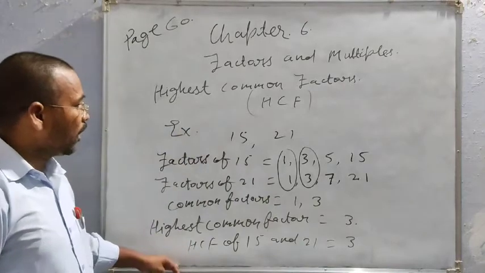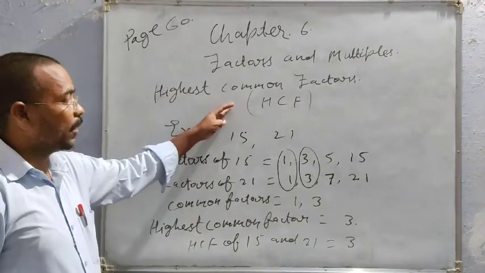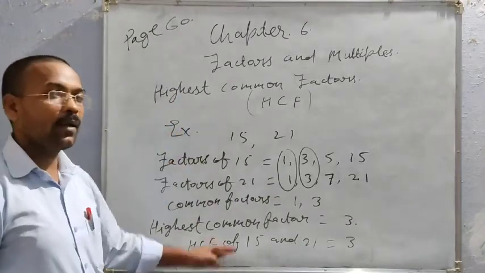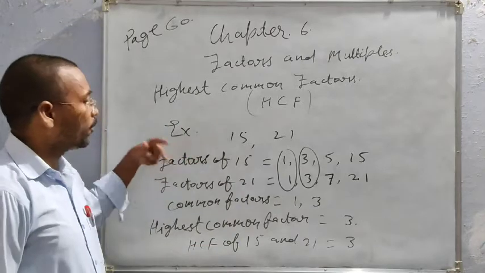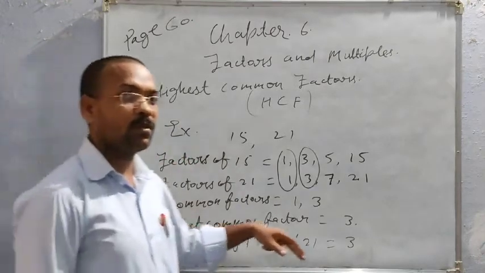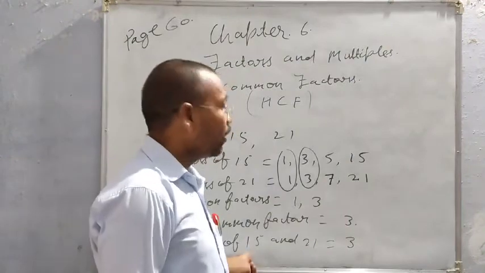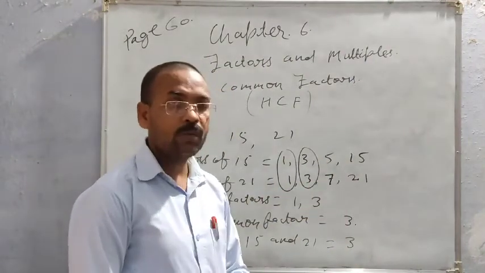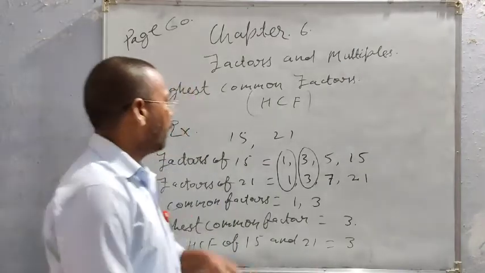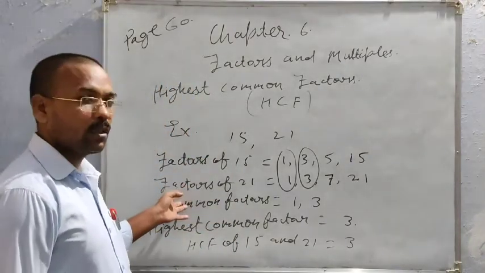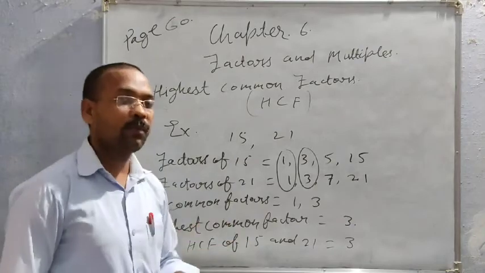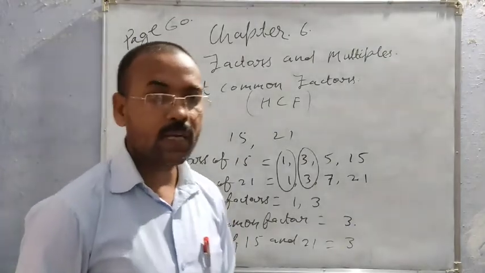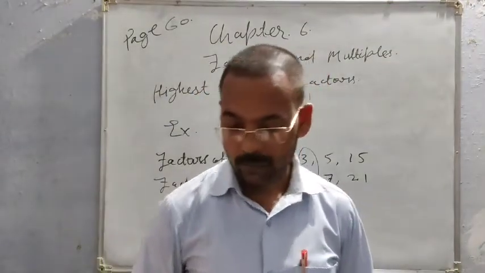Here this method was to find the highest common factor by using the common factors method. One or two more methods are there in your syllabus. Here, prime factorization method and long division method or ladder division method. So I am going to discuss how to find the highest common factor by using these methods. This method was in class 4 also. So let's start the book exercise.